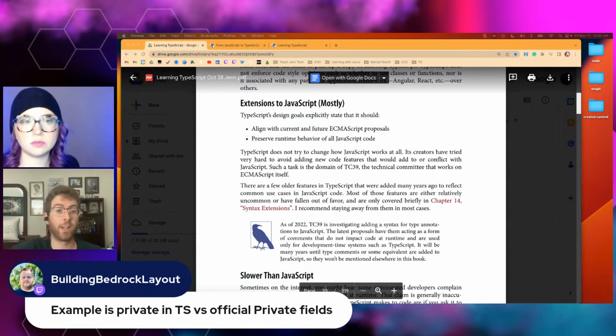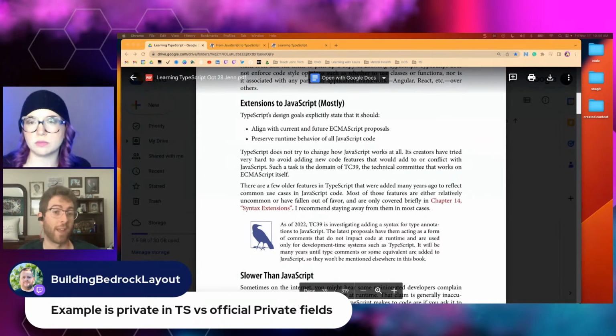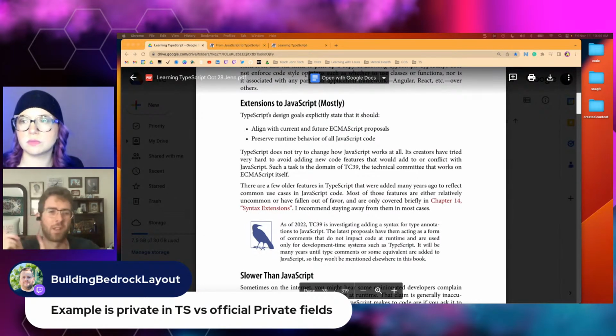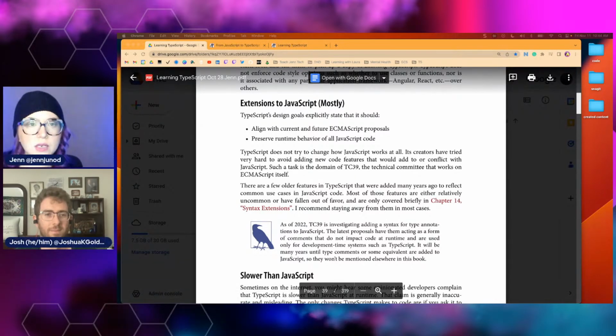And later on, many years ago, now recently, JavaScript added a syntax, a hashtag syntax, to describe that something is only available to itself. No one else is allowed to see or touch it. But fortunately, the TypeScript syntax is just in the type system. I'm just saying that this is the way it is. It doesn't actually exist in the output JavaScript. So that one, we're safe. We're allowed to use it. It's not an extension to JavaScript, even though it does a similar thing to a later JavaScript feature. Everything you're saying makes sense.